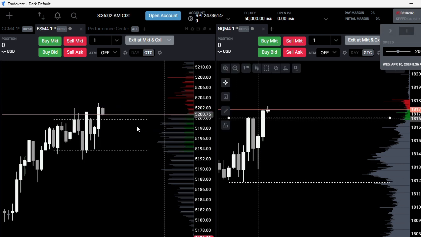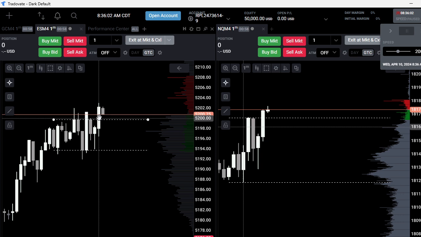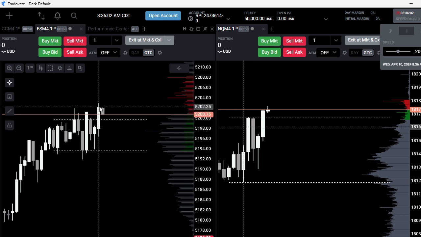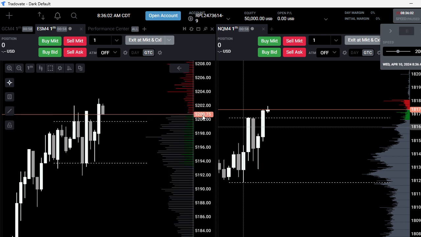All right. You can see both ES closing just above that recent swing high, closing just above it. And right now we might see like a small retest